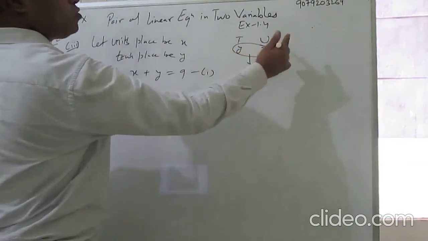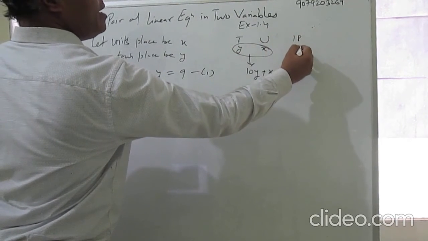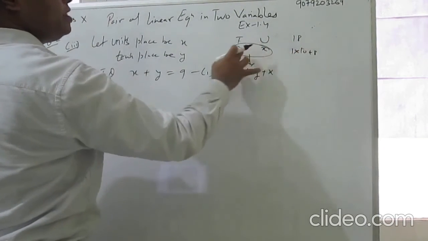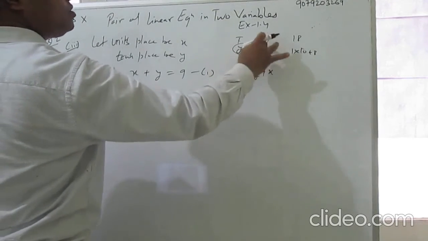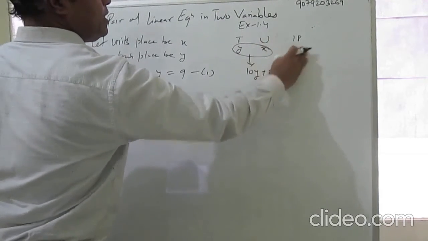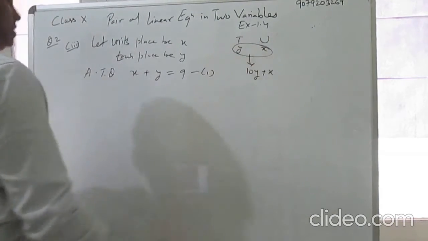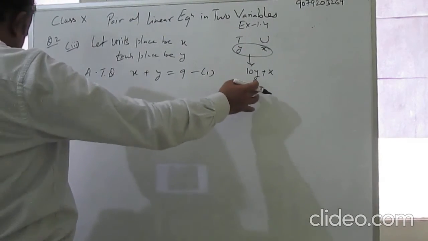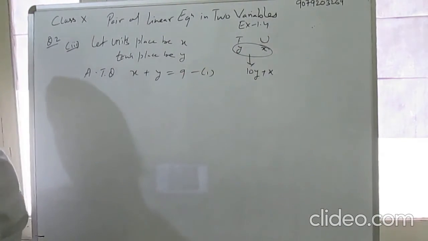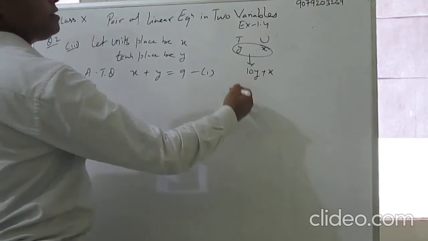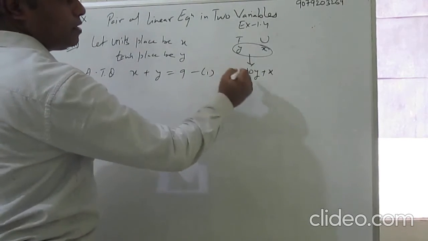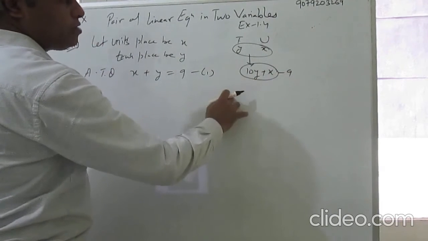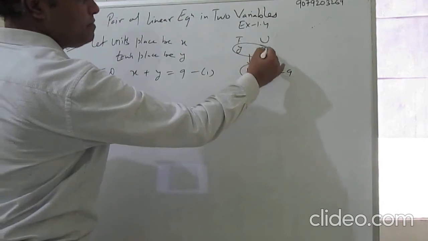18 होता सपोज तो we can write 18 as 1 into 10 plus 8 लिखते हैं. Instead of 1 it is y, instead of x it is 8. So it is the number. So what he is saying: 9 times this number is twice the number obtained by reversing the digit.